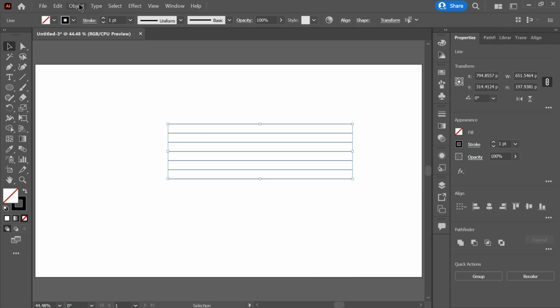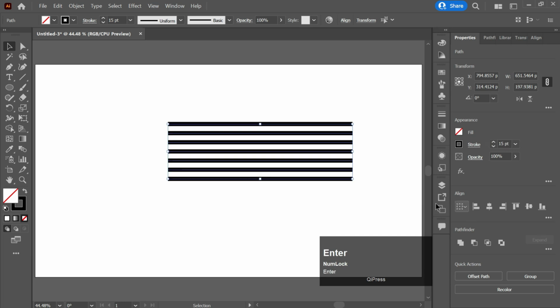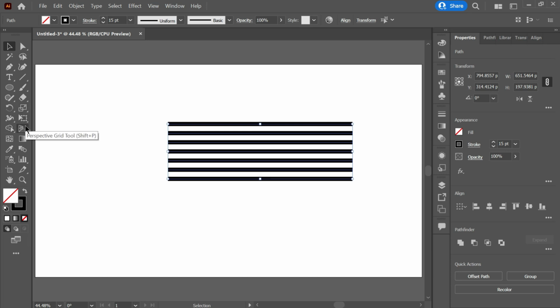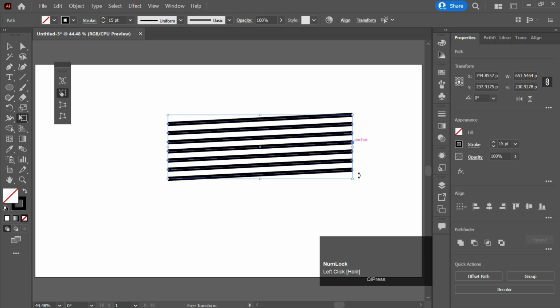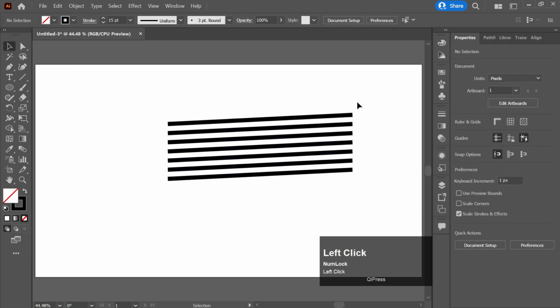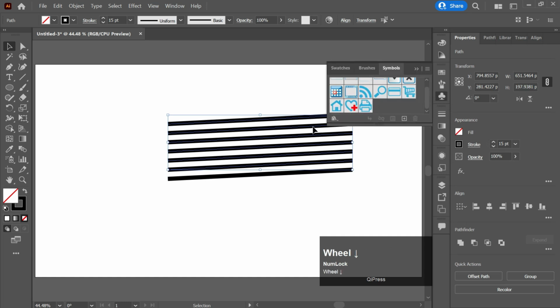and I will expand it. Then I'll increase the stroke size. Now I'll choose the Free Transform tool and tilt it a little bit like this. Then I will add these lines to the Symbols panel,